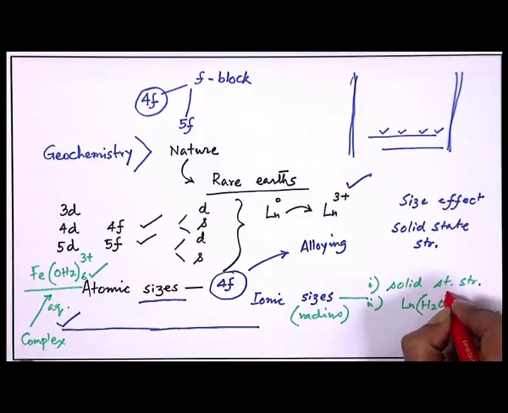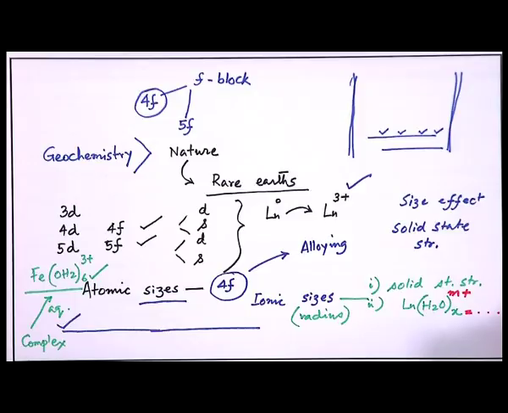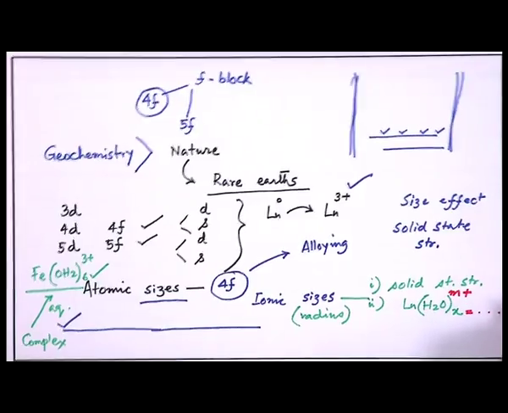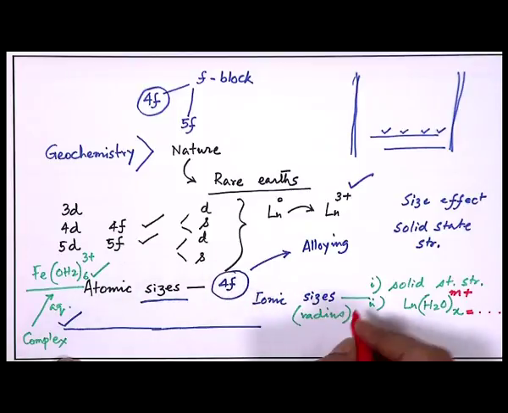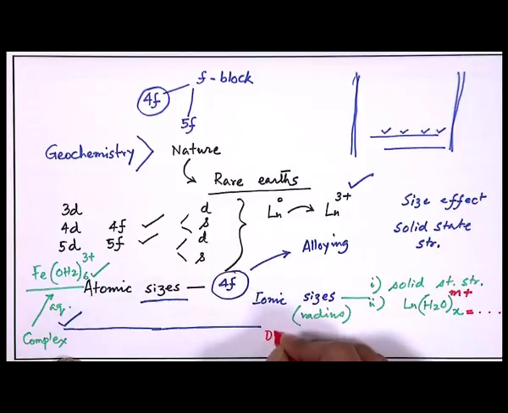Also, the corresponding charge, M plus, if we write, depends upon the f configuration for this species. But one thing we can consider here is that as the size is changing, there is a decrease in size, so the ionic size basically decreases